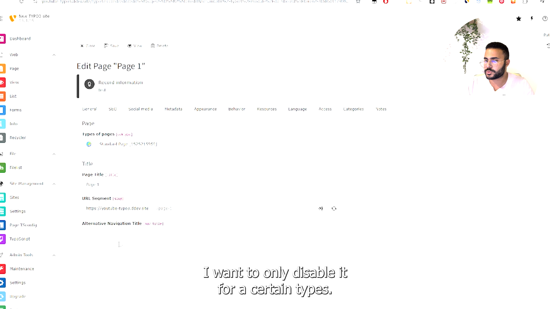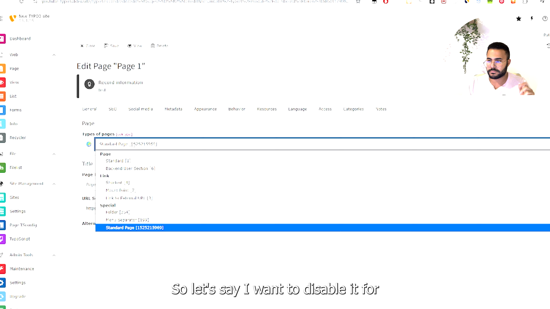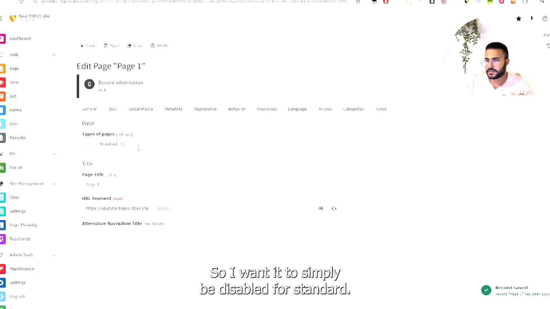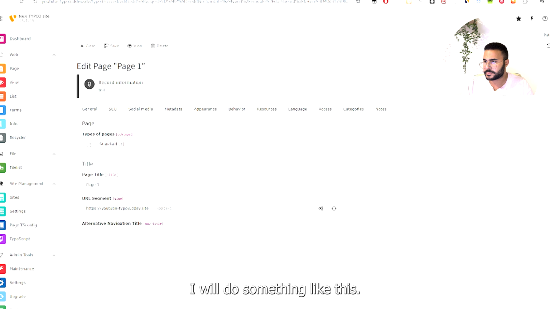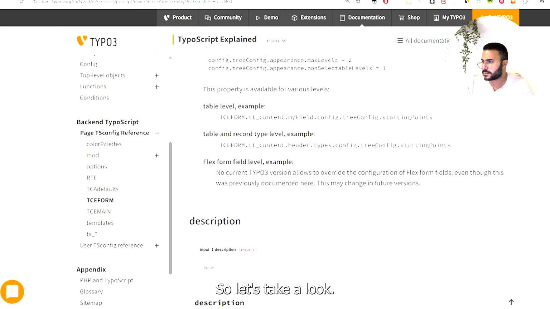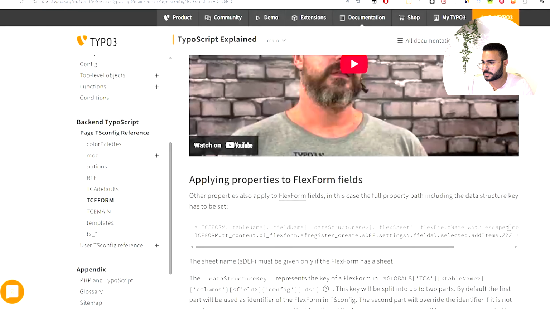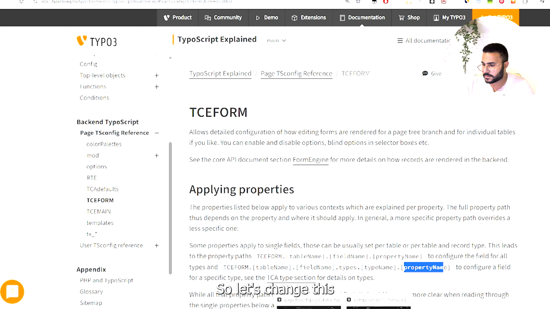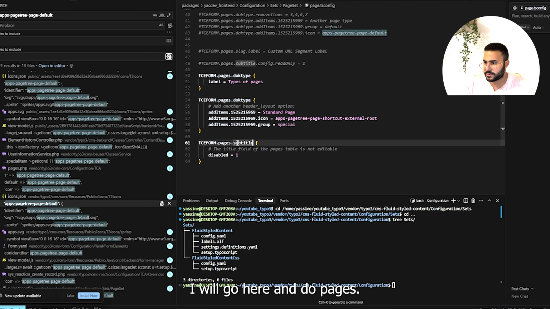Let's say I want to only disable it for a certain type. So this is a good use case. Let's say I want to disable it only for standard. So I want it to simply be disabled for standard. I will do something like this. So let's take a look. This is explained here. So I will do types dot type name, then dot property name. So let's change this. I will go here and do pages,